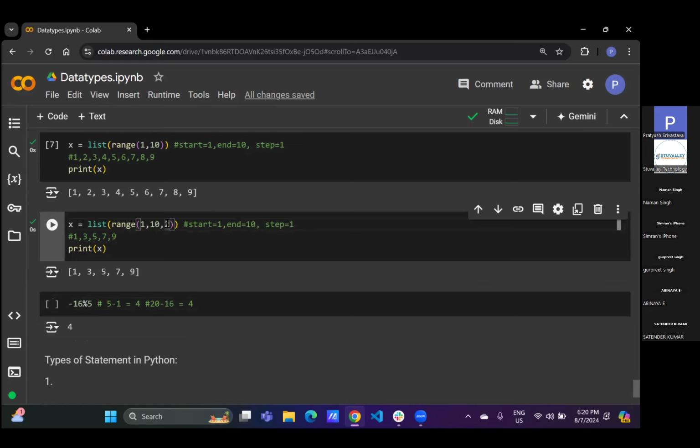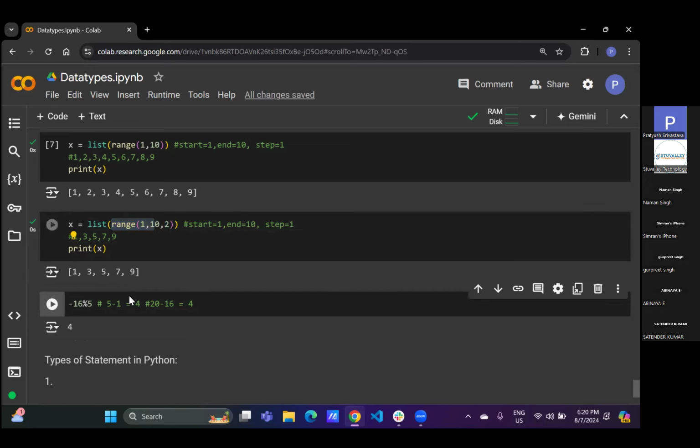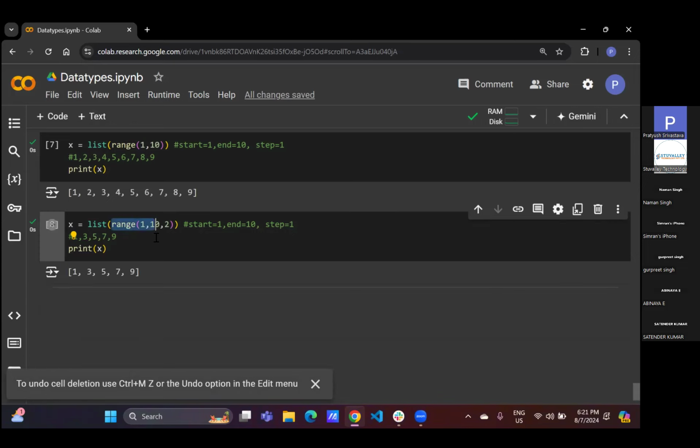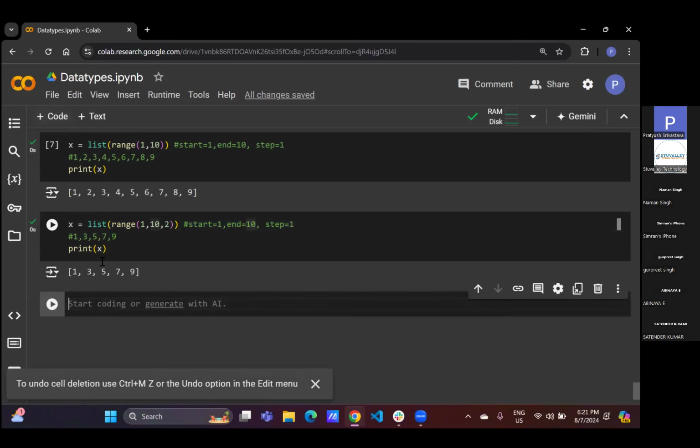So this step is basically used to decide how many elements you want to skip while generating a sequence of numbers. So this is your range function. Basically it is simply used to generate numbers. If you want to generate any kind of number, you will generate it with the help of this syntax. That is your range function. So if you are giving a step value as 3, in that case 2 elements will be skipped. If I am giving the step value as 3, I am writing something like,